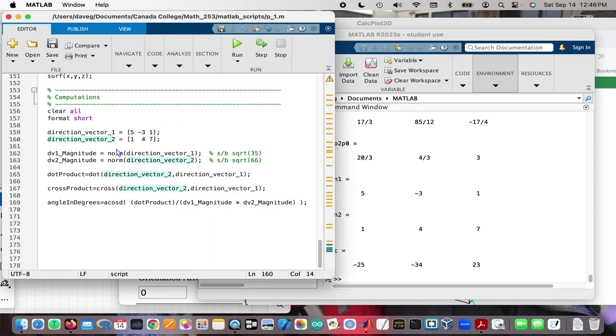MATLAB has a norm function that returns the magnitude of a vector. MATLAB has a dot function that computes the dot product of two vectors, equal to 0 in this case of the two direction vectors in this problem. MATLAB has a cross function